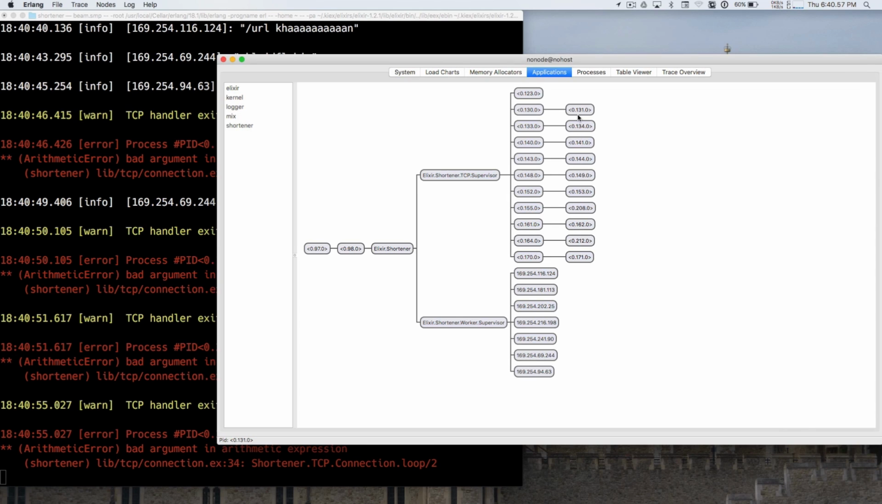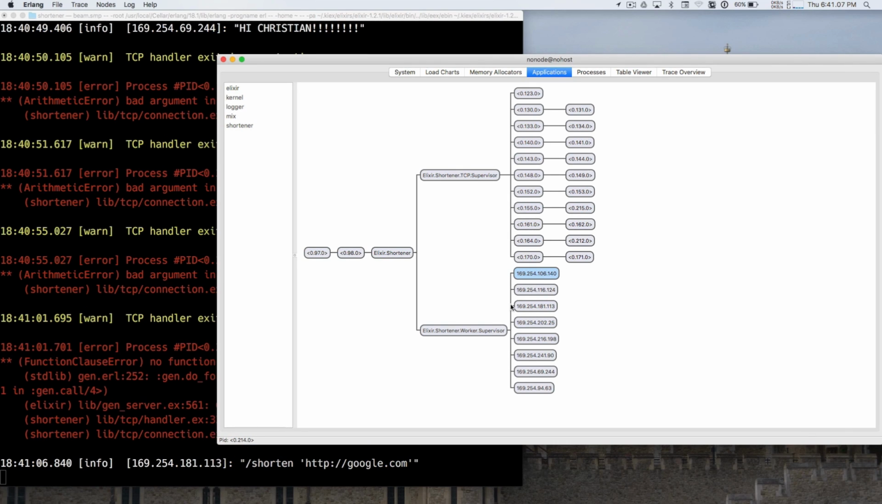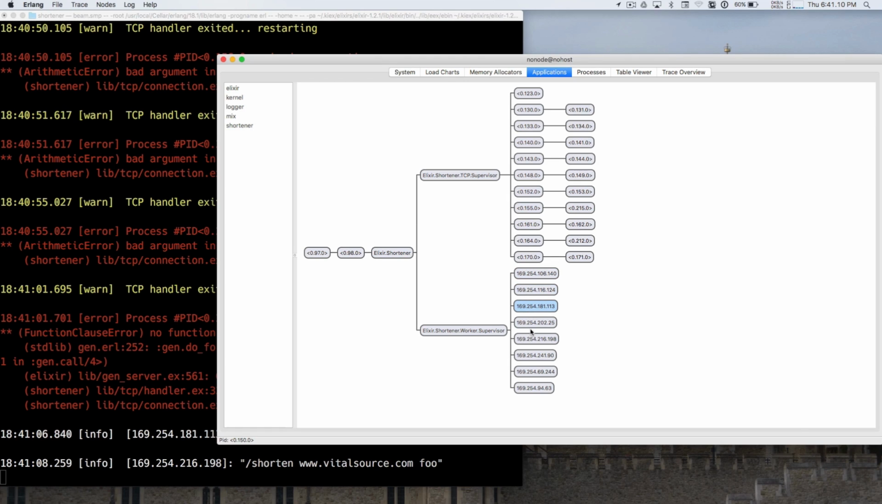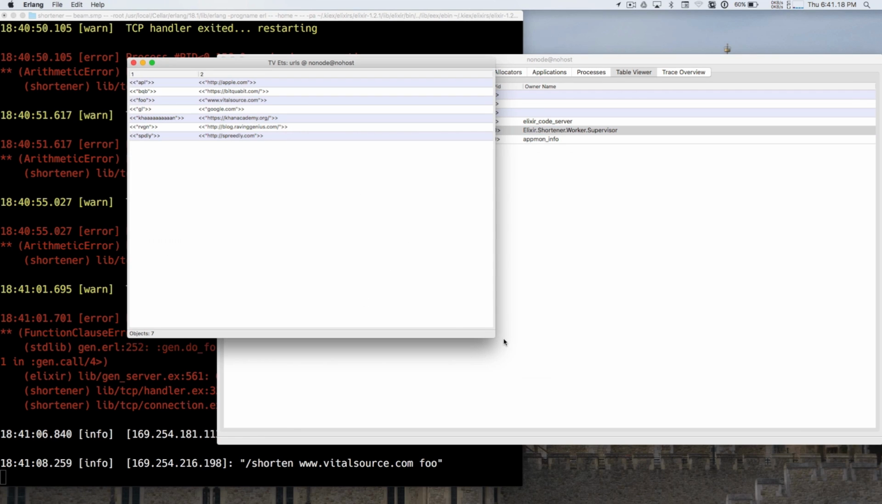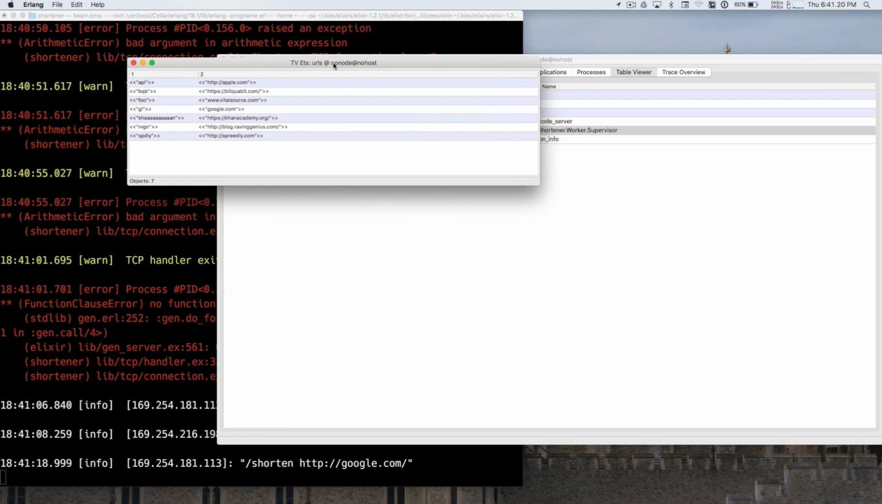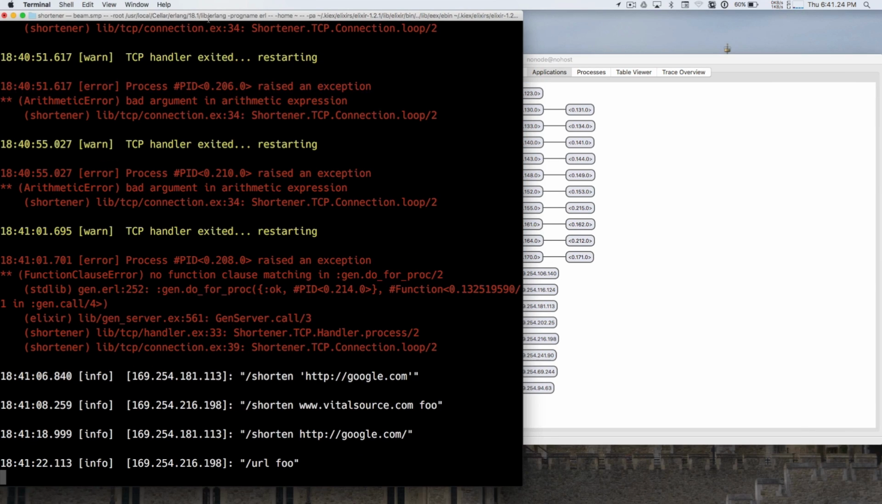If you watch these numbers, you should be able to see them change, and the supervisor actually restarts them. The other thing to note is the worker that I just showed you are these processes here. This is where we passed in the ets table to each one of these, and they're all updating the same state. I can actually see the state here built in with this tool. So these are shortened URLs. You can directly see that